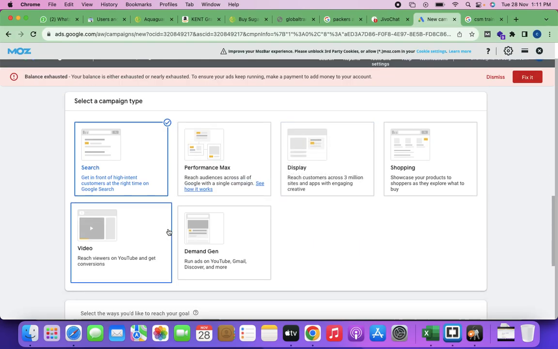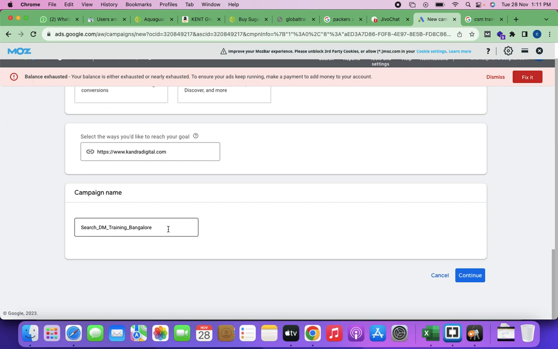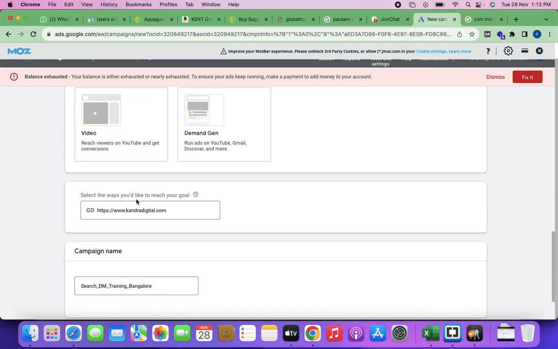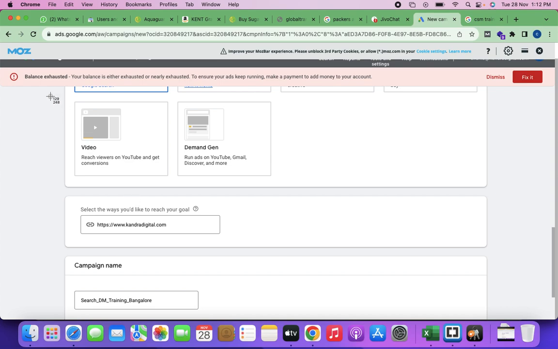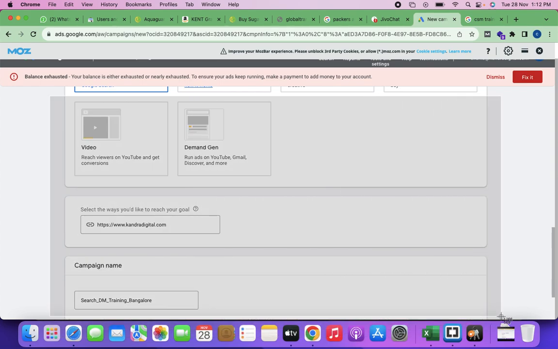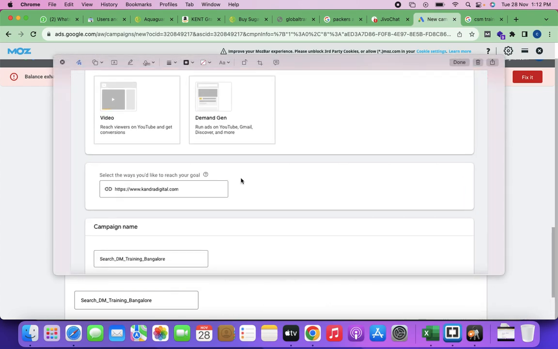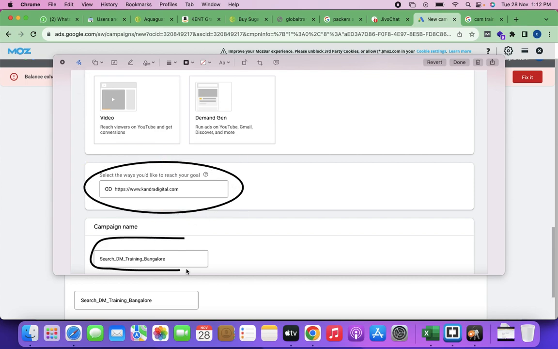So what is next? Next is the website name. This is optional, you can provide it later also. See, on the basis of this, the platform suggests titles and descriptions for the ads, and various other keywords as well that you can bid on. So hence, you should consider providing those details as well. Provide the website details and the campaign name.